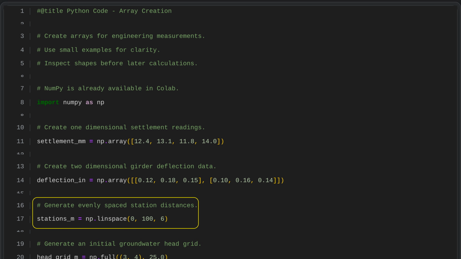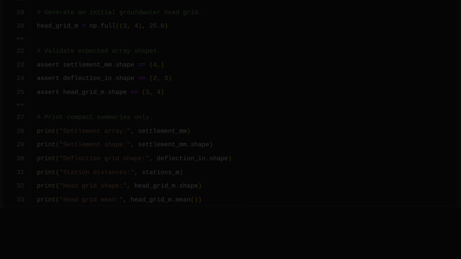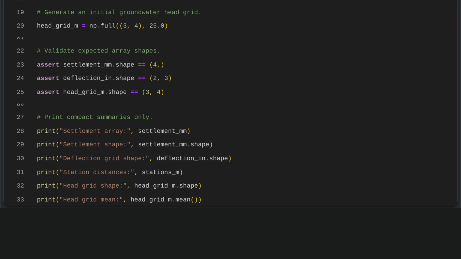NumPy's linspace function creates 6 evenly spaced station distances from 0 to 100. This provides consistent measurement points along a straight path. We create a two-dimensional grid for initial groundwater head values with 3 rows and 4 columns. Every cell is set to 25 using NumPy's full function, giving the model a uniform starting condition for later simulations